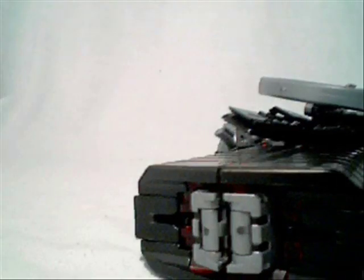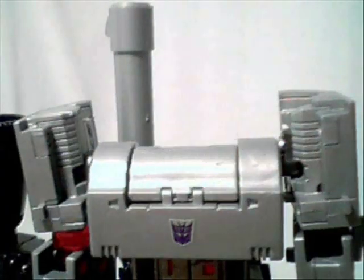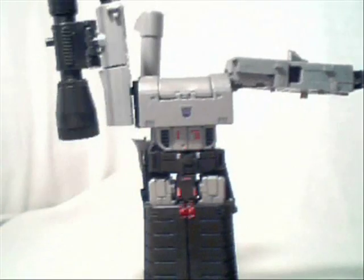On to transformation. Clip in the toes, fold in the feet, rotate and peg the legs together, push the legs into the thighs, and now he's ready for some campfire action with a super awesome sleeping bag. Moving on. Open the neck panels and fold in the head, push in the arms and position them like so,